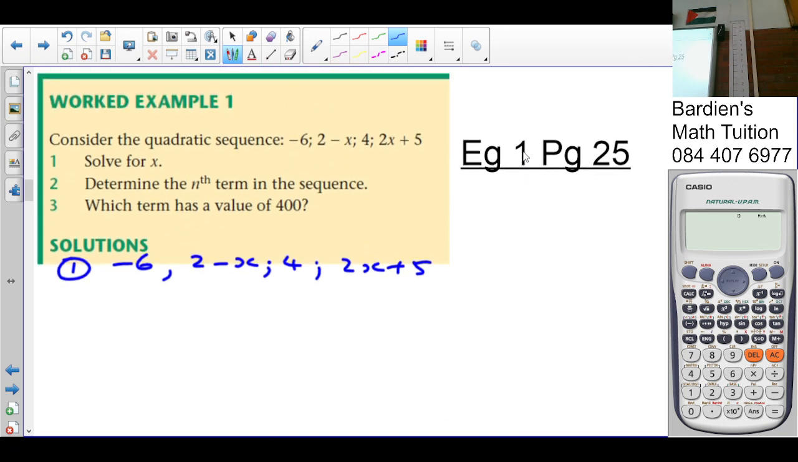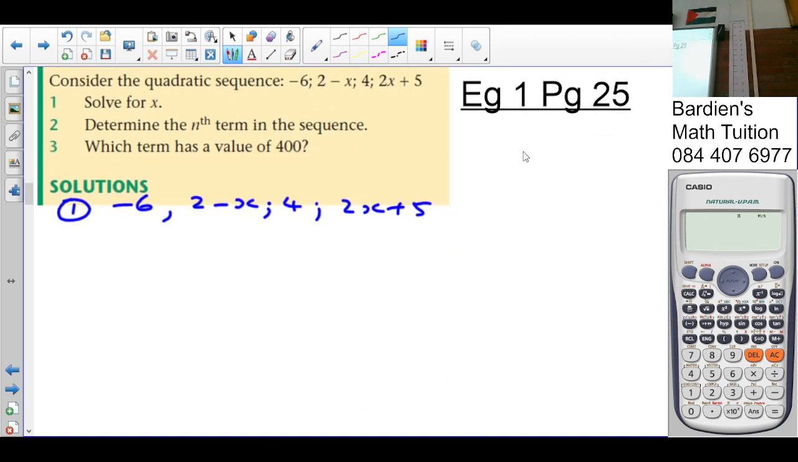So example 1 is on page 25. It says consider the quadratic sequence negative 6, 2 minus x, 4 and 2x plus 5. The question says solve for x. Since it's a quadratic sequence, it will have a second common difference. So what I do is I find the first difference, which is 2 minus x minus 6,